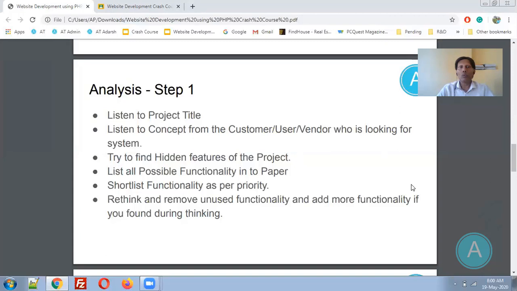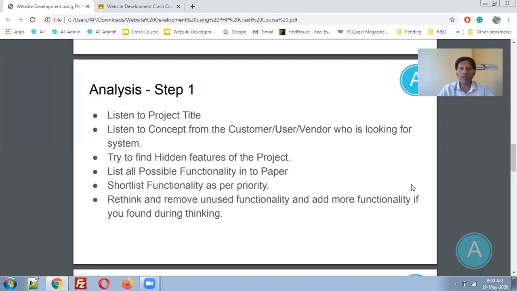Then you need to find all the possible functionalities and put them on paper, or write them down in a notepad, or prepare a presentation. In this case, we are supposed to list all possible functionality. Here we are not supposed to find any order or module-wise arrangement. Just put down everything you have in your mind. Later on we can modularize that data.